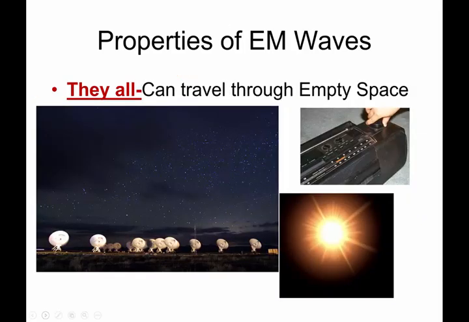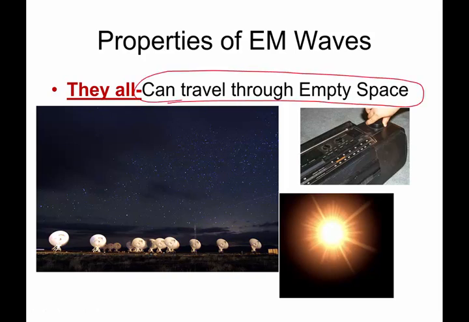The third big property of all electromagnetic waves is that they can travel through empty space. Nothing else can travel through the emptiness of space except electromagnetic waves and, of course, gravity. And we will spend a lot of time talking about gravity later. But those are the only two things that can travel through the vast emptiness of the cosmos. Heat can't travel that way. Sound waves certainly cannot travel that way. There's a whole bunch of different methods and things of energy that can't do that, but electromagnetic waves do.